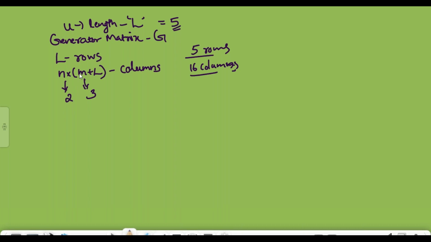Here we have m1, m2, m3, therefore in that convention m equal to 3. Therefore in this example 5 rows and 16 columns, and we can write the generator matrix of the convolutional code as